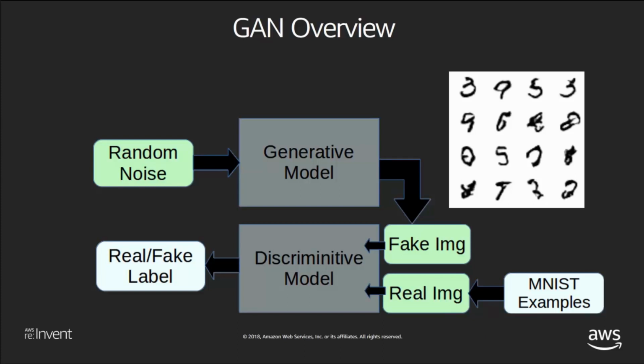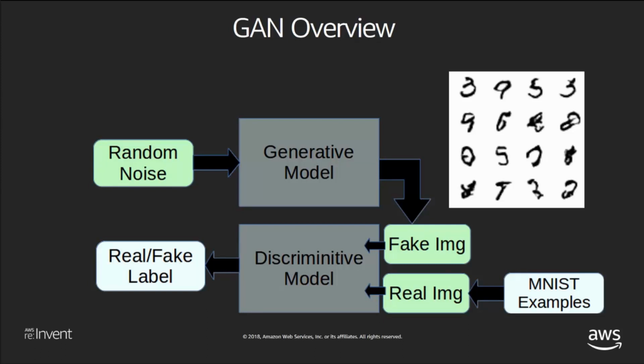Then there's another part of the system, called the discriminative model. The discriminative model looks at the generated image and says, hey, this one does not look quite correct. Then you take that feedback and send it back into the generative model, until the two models can no longer tell the difference. For example, the generated images become so good that the discriminator can no longer tell the difference. So what's so interesting about this?